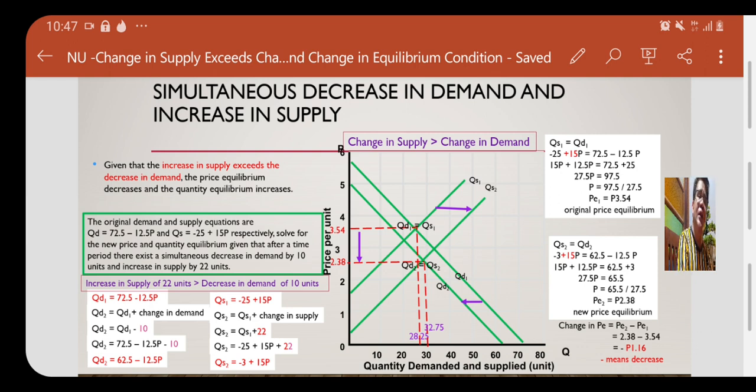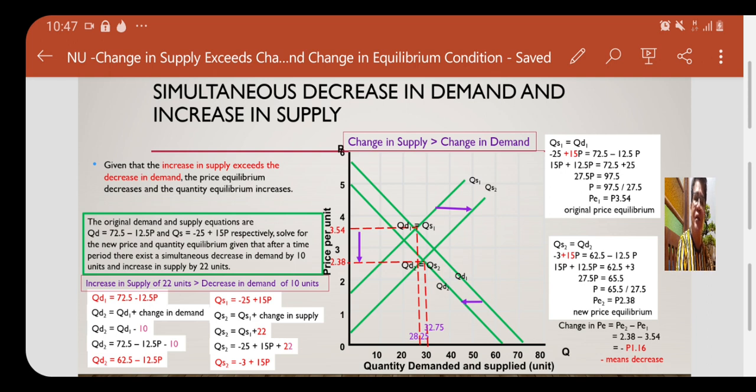Now that we have the original and new price equilibrium values, we can compute the change in price equilibrium, which is the new price equilibrium minus the original price equilibrium. The new price equilibrium is 2.38, while the original price equilibrium is 3.54. So getting the difference will give us the value of negative 1.16 pesos. That means the price equilibrium decreases by 1.16 pesos